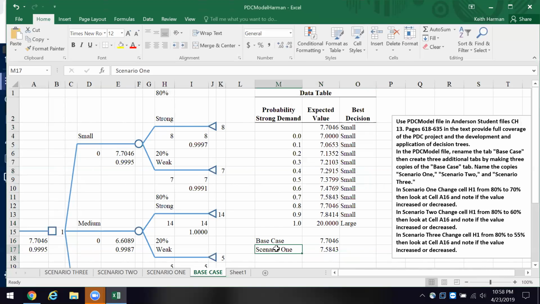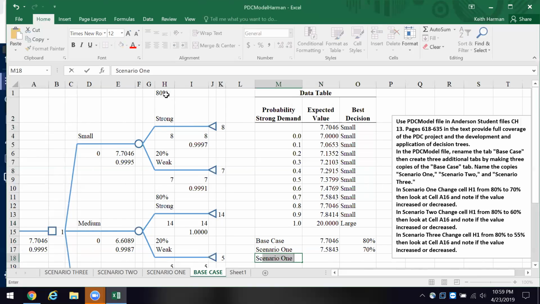So in scenario 1, the probability of strong, in the base case, it's 80%. In scenario 1, it's 70%. Okay. We're assuming here that we have an 80% chance that the demand will be strong. We have a 20% chance that the demand will be weak. Now, when I change my estimated probability of whether or not it will be strong, then that correspondingly is going to change the percentage when it's weak. And so under scenario 1, we get a 70% chance that we'll have strong demand,